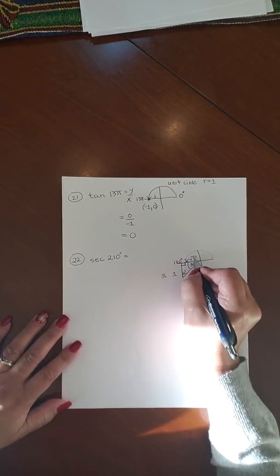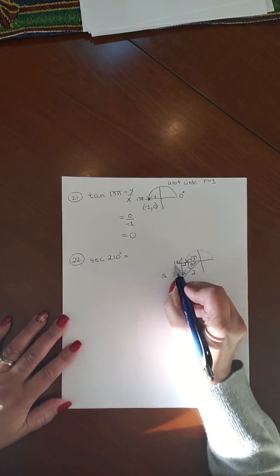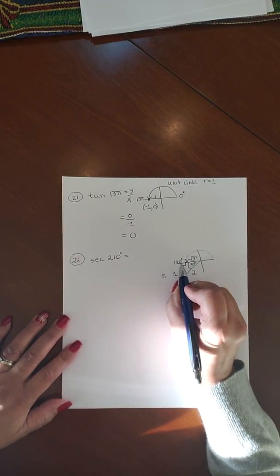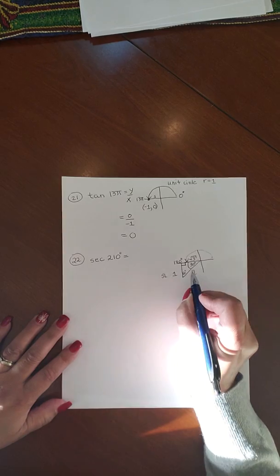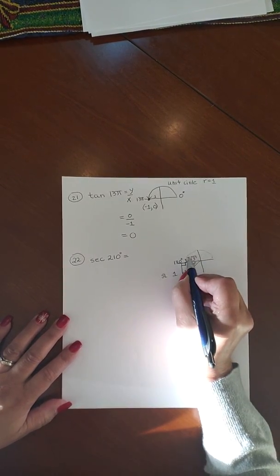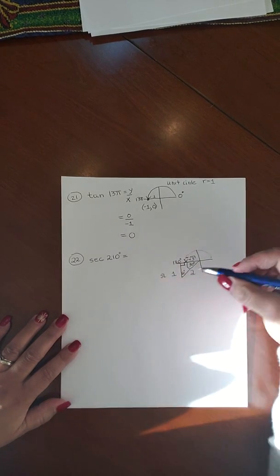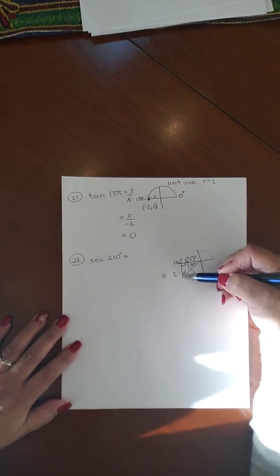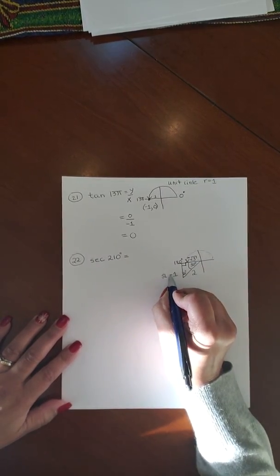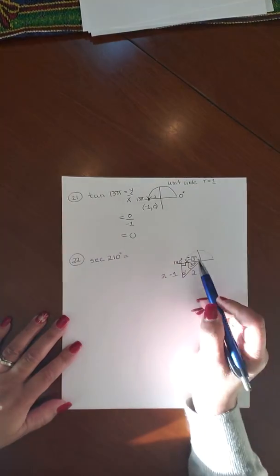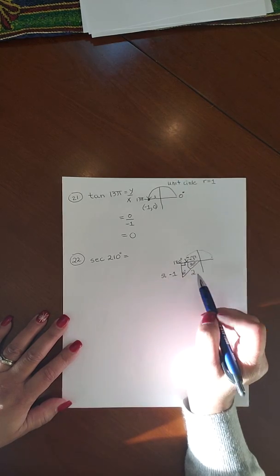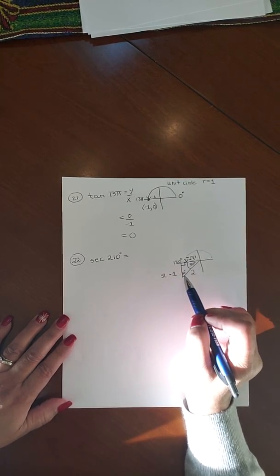Now, because of the quadrant that you're in, this x value, see this leg right here represents the x value, and in this particular quadrant all x values are negative, and in this particular quadrant all y values are too. This leg right here that goes up and down represents the y value, and it is negative. Okay, now that you have the correct values and the signs that are in quadrant 3,